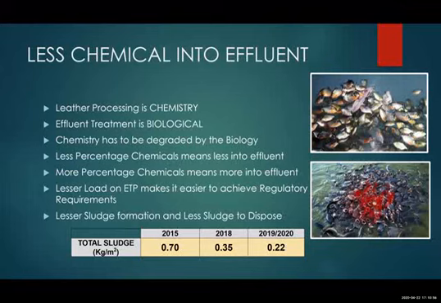And in 2018, by this kind of simple optimization, you can check, it is not going by production value, it's going by every square meter we produce. We produce a similar type of leather, in similar proportion. Our proportion doesn't change. It has come down to 0.35 in 2018. And in 2 years further, we brought it down bit by bit, checking every drum, every load. We are now at 0.22. We think we are very good at it. We may not be the best, but definitely we are the best compared to where we were.